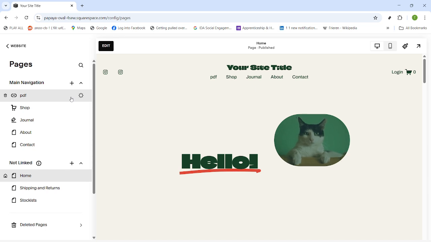Finally, save your changes. Click Save on the page to publish the update. After saving, view the page as a visitor and click the link to make sure the PDF downloads or opens as expected. If you need to adjust the link text or swap the file, just